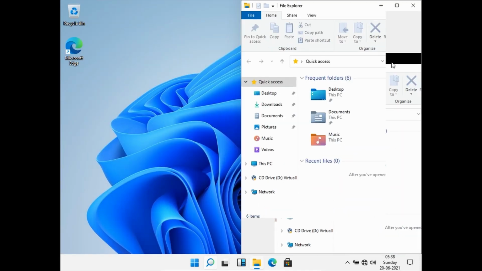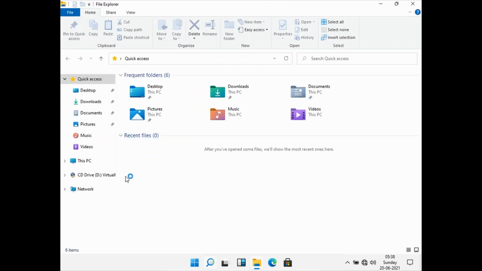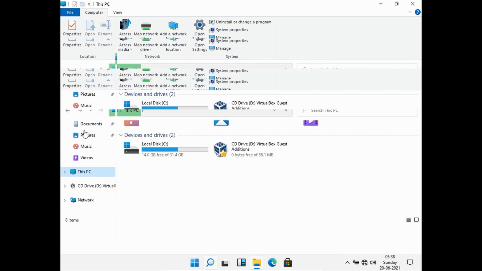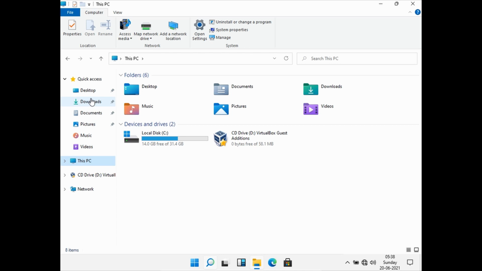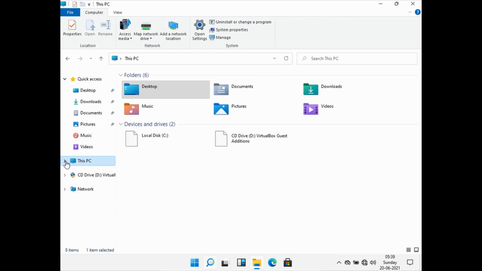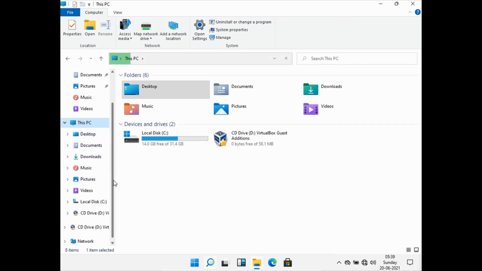This is very nice. Icons are very different, and this scroll bar is also changed.